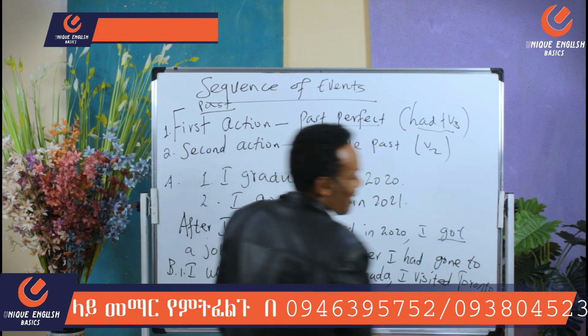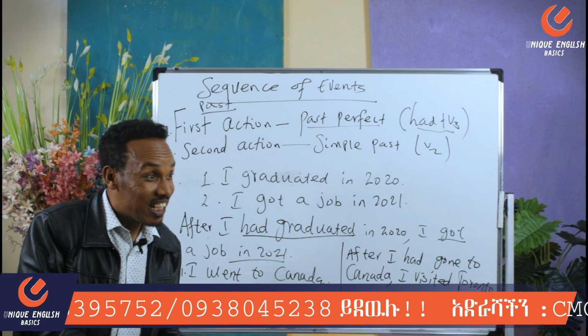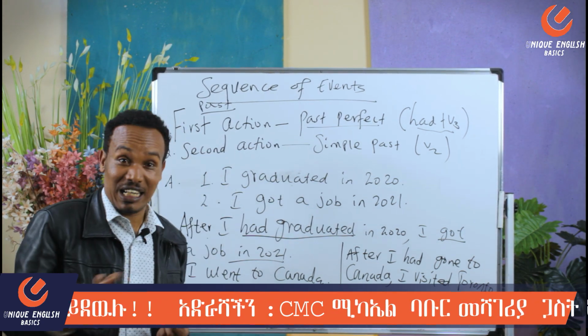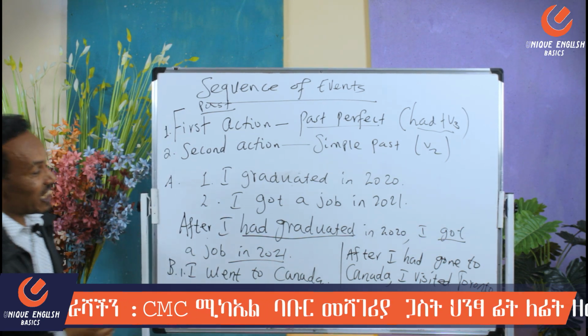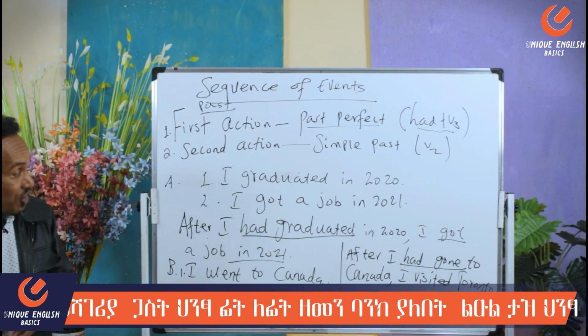Toronto, all right. Okay, that's very good. So after I had gone to Canada, I visited Toronto, right? So, የት ነው ካናዳ ከሄድኩ በኋላ ቶሮንቶን ጎብኝቻለሁ ነው አይደል እንዴ? So that's like the first action ምን አድርጌ ጻፍኩት ማለት ነው ይሄው had with verb 3. What is the verb